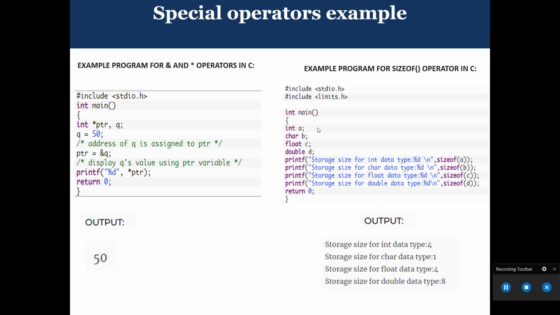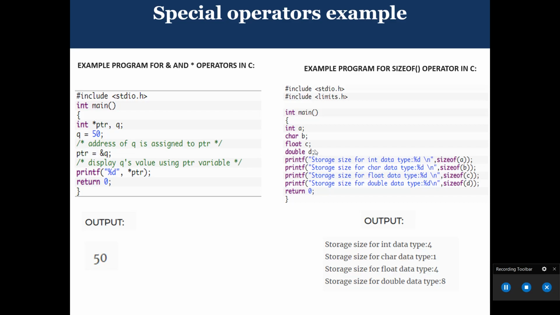Then another example is the sizeof operator. The sizeof operator is used to find the memory space allocated for each C data type. For example, #include <stdio.h>, #include <limits.h>, then int main, then int a, char b, float c, double d.